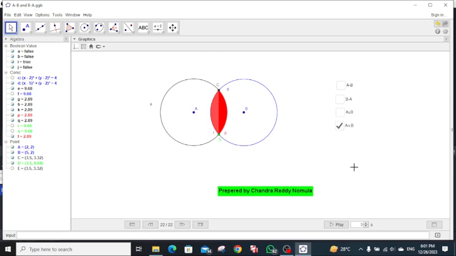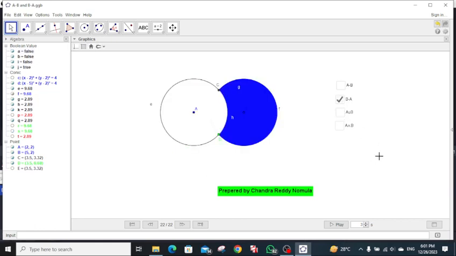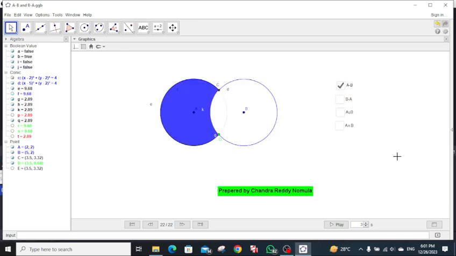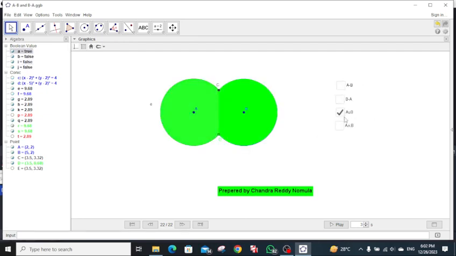This is called A intersection B. Now again A union B, green color, total A union B. Now B minus A and next A minus B is called. So this is called A minus B and B minus A, A union B and A intersection B. So simple, sets A minus